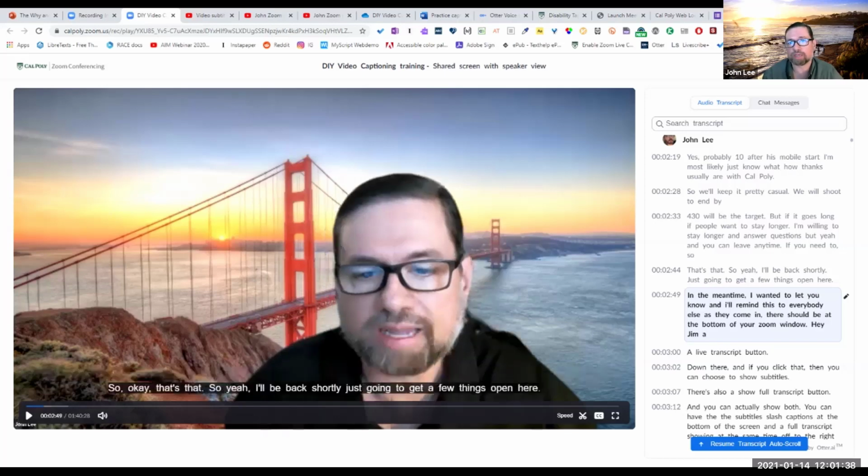Zoom is using Otter, like I said, to do their transcription. But as I'll show you in a little bit, if you use Otter itself, and if you get that Pro account, you can add your own vocabulary ahead of time that will improve its chances of accurately transcribing. And then, the other advantage that some folks like is they edit this transcript here, and then